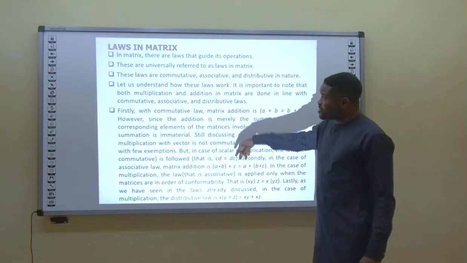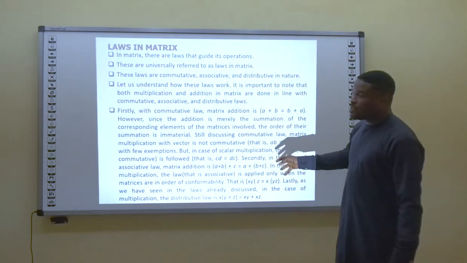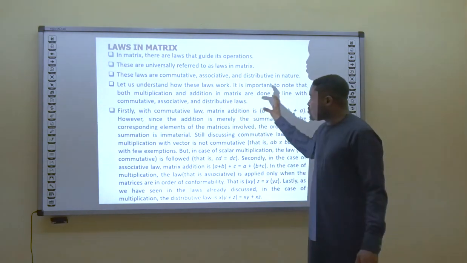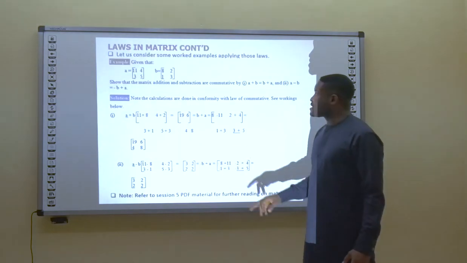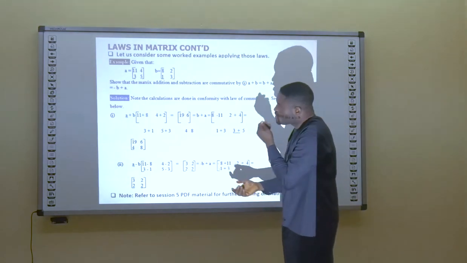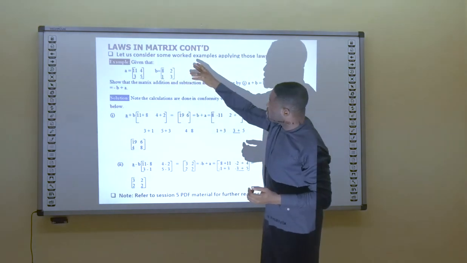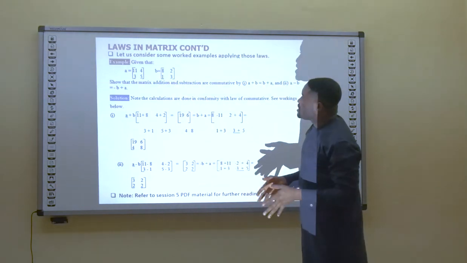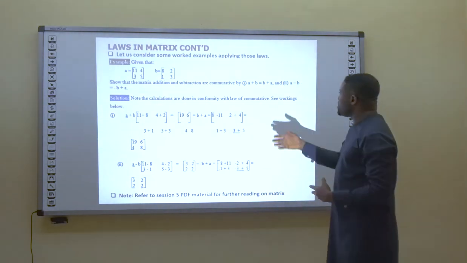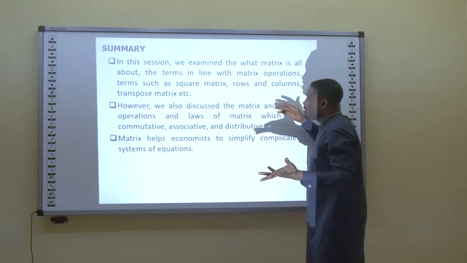So there are various laws of matrices, which I'm not going to go through. You can read them, they are very simple and straightforward, so there's no point giving a detailed explanation on them. They are here, you can read about them and understand what they are. If you look at the example, for instance, matrix A is equal to 11, 4, 3, 5, and matrix B is 8, 2, 1, 3. And then we say, show that matrix addition is commutative, that is, A plus B is equal to B plus A, and that A minus B is equal to